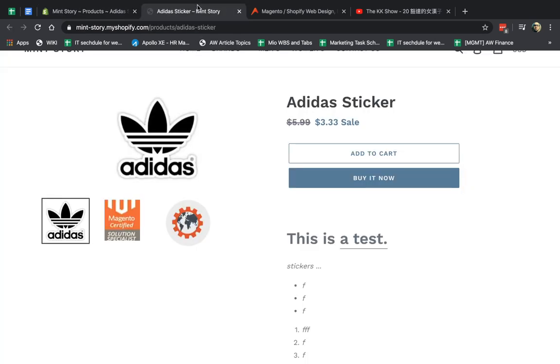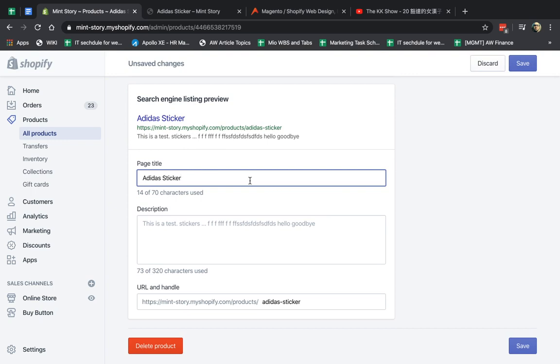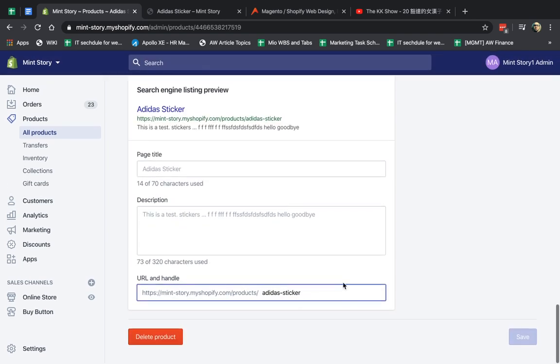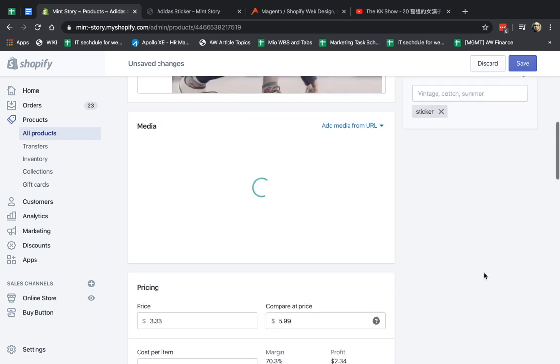If you remember, this is a simple product, okay? Excuse me. So there's no variant, so I don't need a variant. I can continue and edit my SEO part, my title tag, my meta description, and my actual URL. If I do that, I can proceed on, okay? Now, if I already have a product and I change the URL, for example, here you can see that Shopify recommends that you create a redirect, so no one goes to the old page, which won't exist anymore. So this is always recommended unless you have a very specific reason not to, okay?